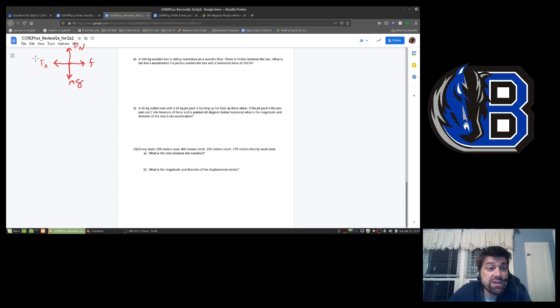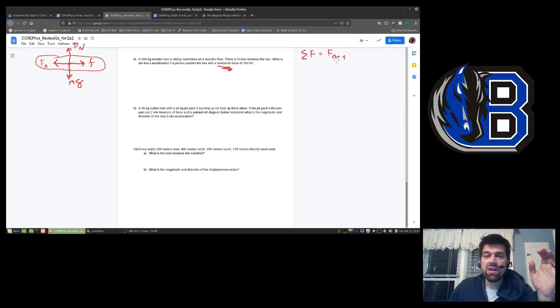The acceleration lives in the horizontal direction, and that's just from the problem itself. I'm pushing horizontally. You've pushed things before. You don't need a formula sheet for that. You push something horizontally, it's gonna move horizontally, ostensibly. So since the motion is going to be in the horizontal direction, let's start there. Let's sum up forces in the horizontal direction, and if we run out of information, we can sum up forces